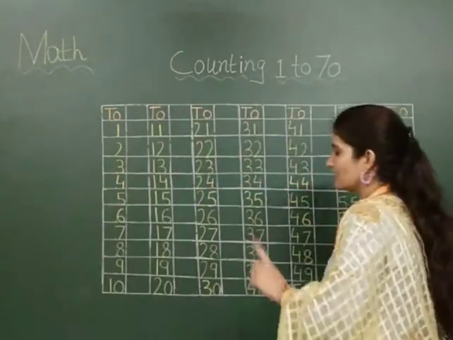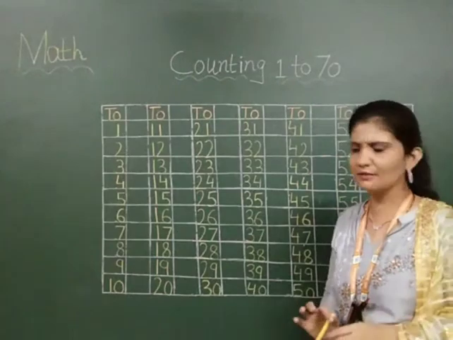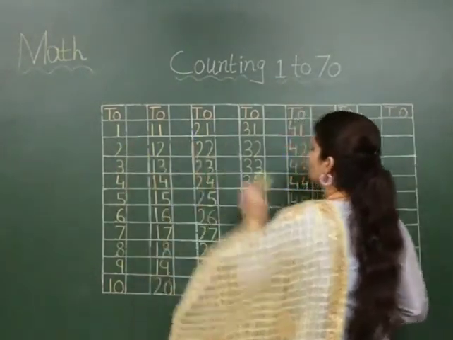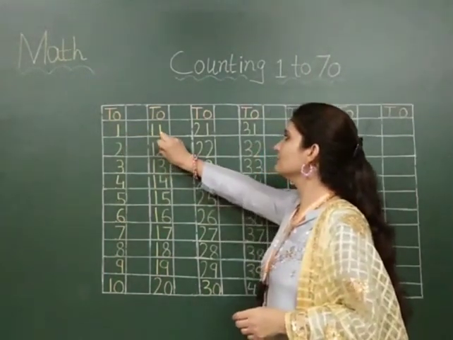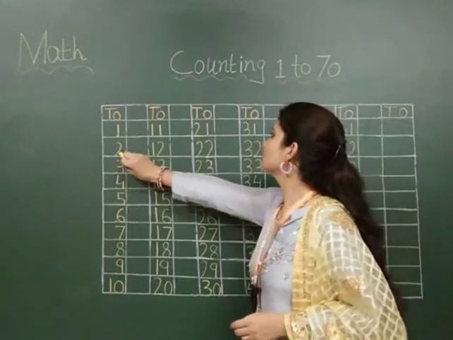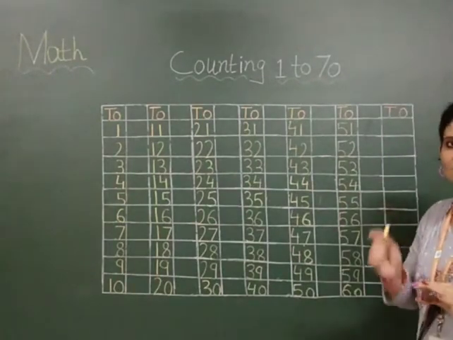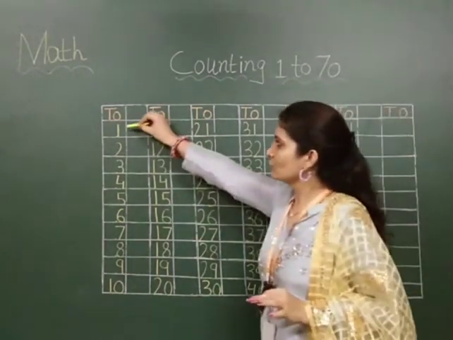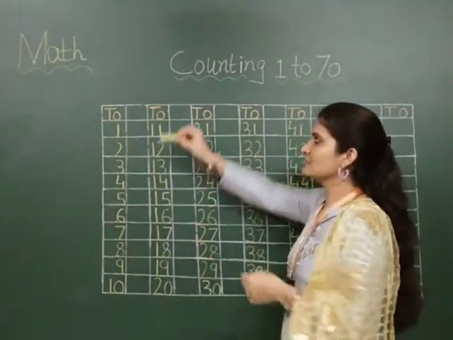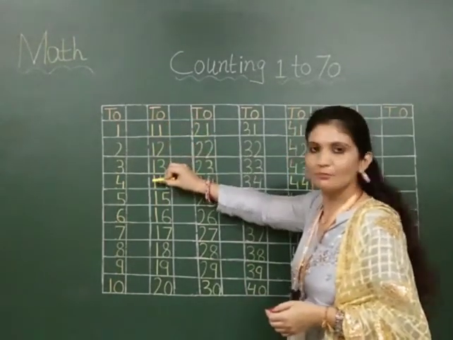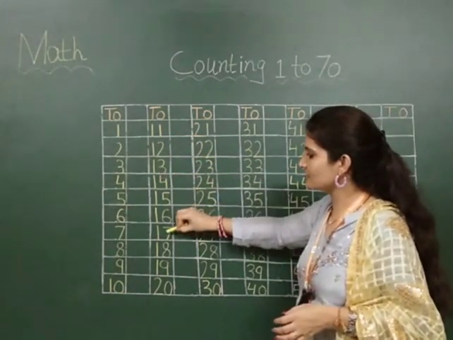In maths, it is compulsory that you know numbers 1 to 10. If you know numbers 1 to 10 properly, then you will know counting 1 to 100 simply, because you can see that 1 is here, 2 is here, 3 is here. In each and every line we are repeating these numbers only. If you are having the 11 line, then you have to write 1 below tens, and then write counting 1, 2, 3, 4, 5, 6, 7, 8, 9.